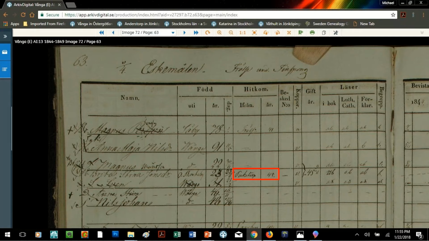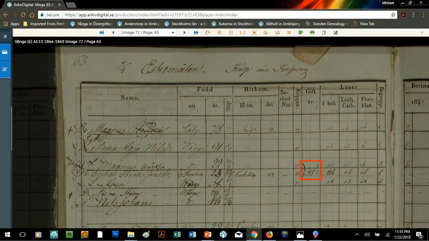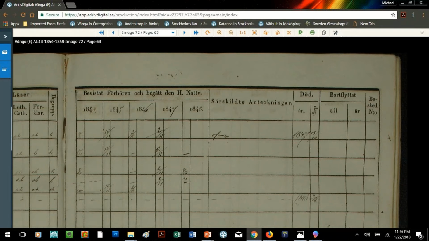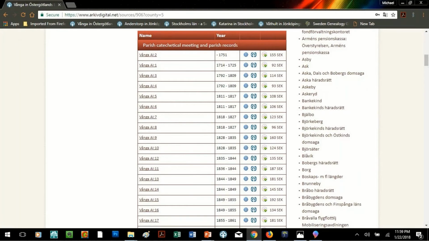And you'll see here in this column, that means that she came from Turstorp in 1845. And they were also married on the 9th of November in 1845. There's also a second part to the book. So we'll look over here and we'll go back to the